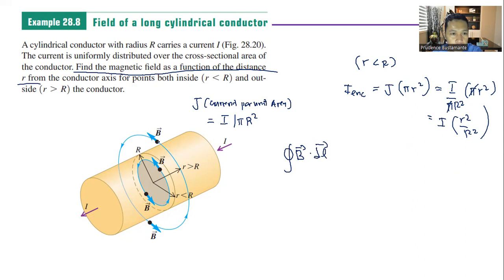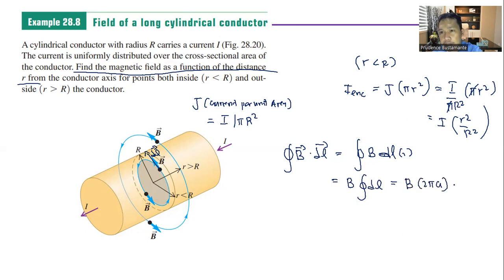So we can see here that B and dl are in the same direction, so this is our dl in this direction, the same direction as B. So we have B dl cosine of 0, or just 1. Okay, so we have B times the integral of dl. So we have B times 2πr